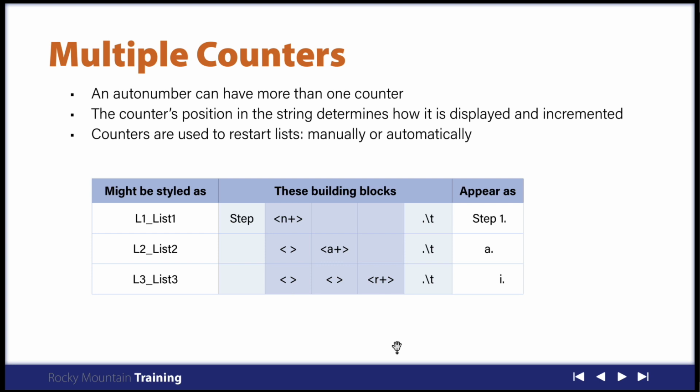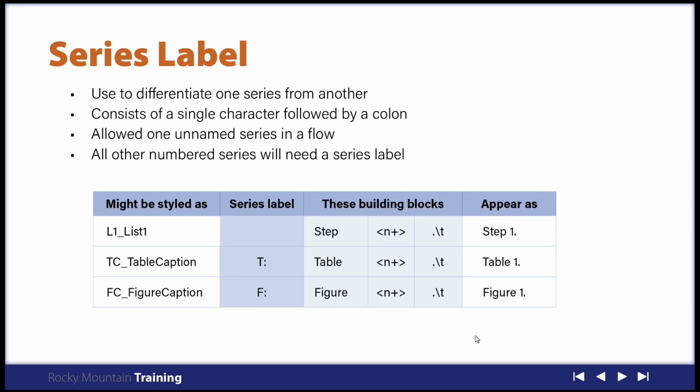Okay, let's continue. So the next topic is the role of a series label in a FrameMaker document. A series label is used to differentiate one numbering series from another within the same file. It consists of a single character, that could be a letter or a number or any other character on your keyboard, followed by a colon. And the rule in FrameMaker is that you're allowed to have one unnamed series in a flow. But if you have additional numbering series, you'll need to use the series label to differentiate that next series from